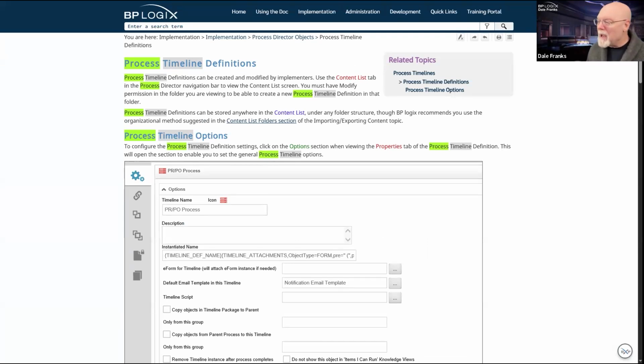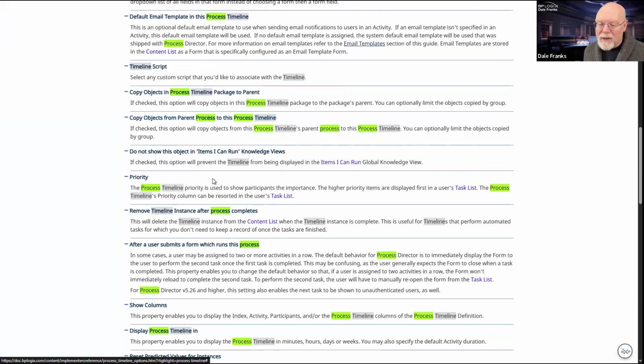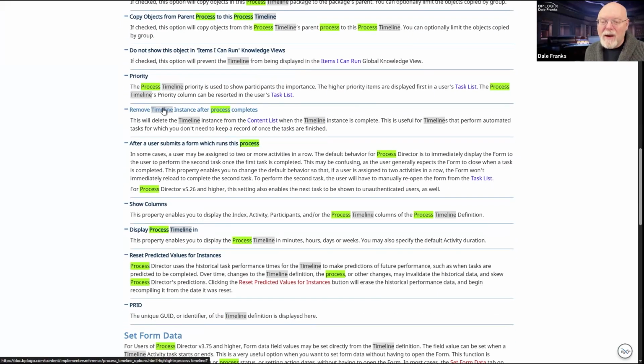Now, I can make this a little bit easier to use. Because it's going to show me everything that says process and everything that says timeline. Now, okay, so here we go. Timeline instance after process completes. Okay, this is a valid search result. Now, it says process timeline everywhere, so fine.